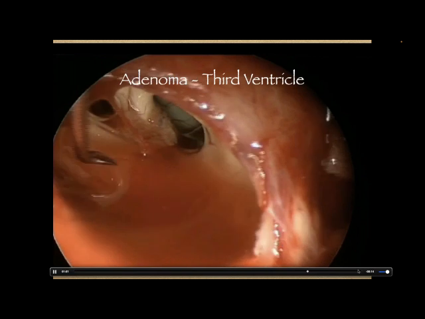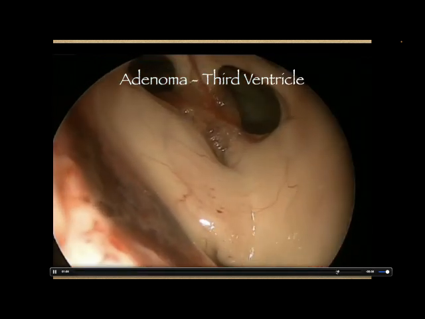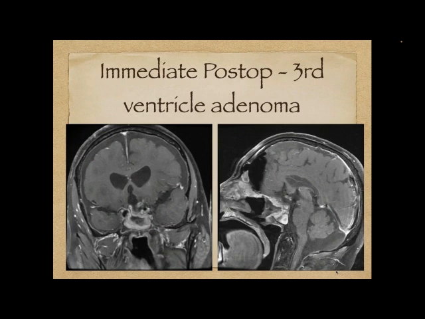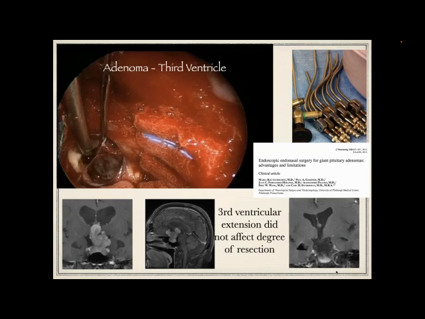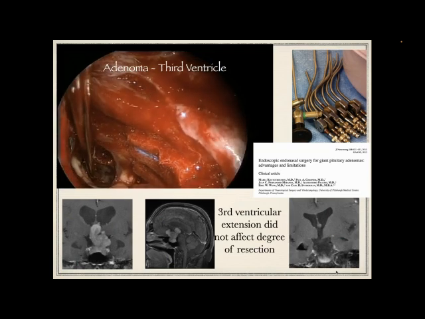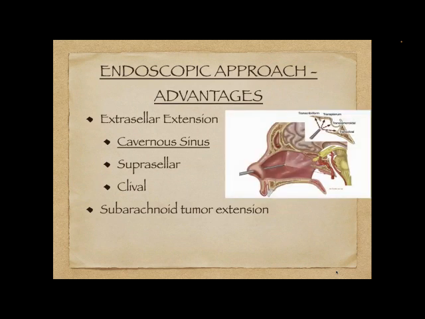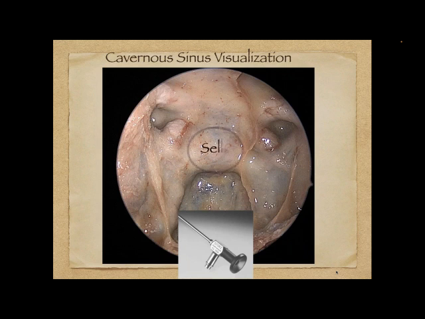And that's that final view, but previously it was felt that you needed to use an open surgery, a craniotomy, to remove that, but we're able to get a complete removal of that tumor. So extension up into that fluid sac or third ventricle really was not a limitation. The cavernous sinus, we talked about that as an area that we can get to, again, by exposing the bone, this most feared area we can really freely access.